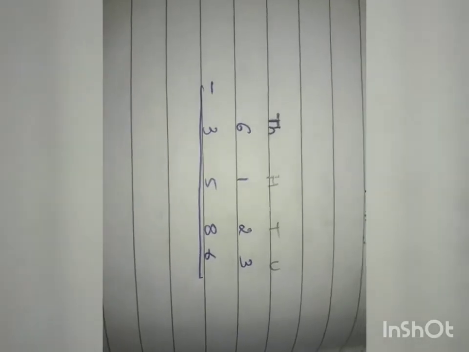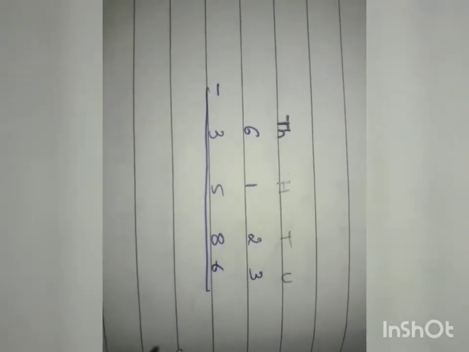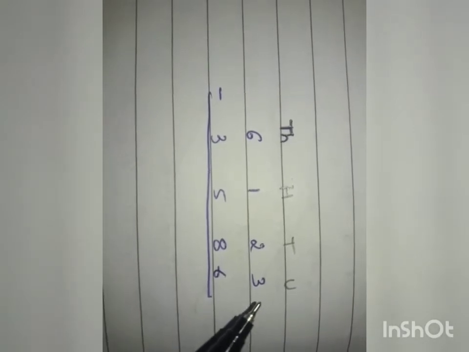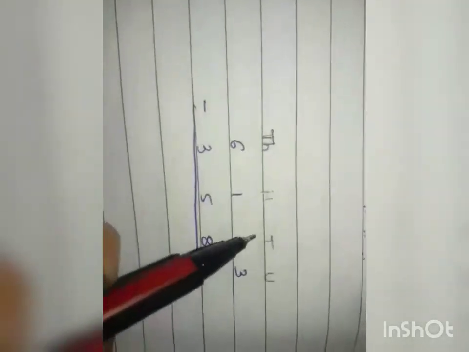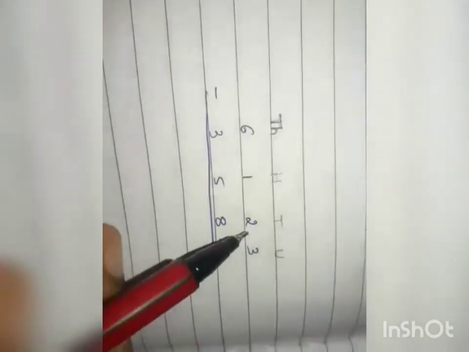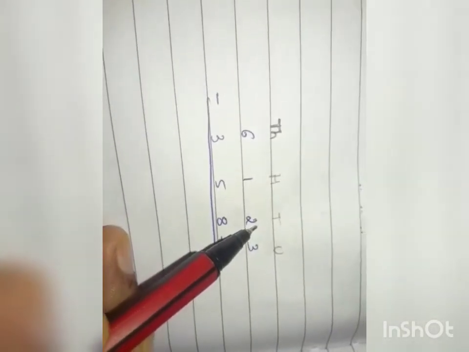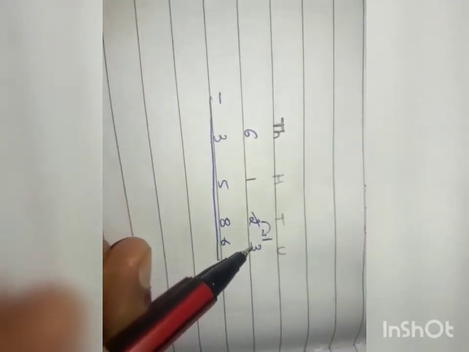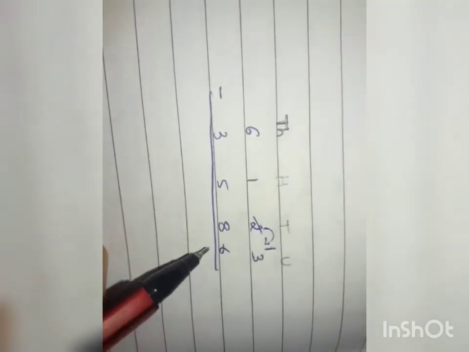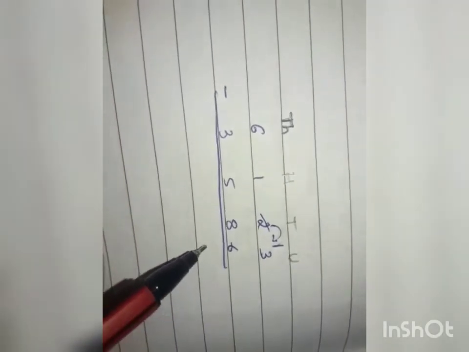I have written the numbers under their place values. So let us go on subtracting them right from the units. As you can see here, the number 3 is smaller than 6. So can I subtract 6 from 3? Can I give 6 chocolates to my friend when I have only 3 chocolates? No, right? So how do we subtract it? To subtract it, we have to borrow 1 from the tens. Okay, so what number do I have in the tens? I have 2. So from here I am taking 1. So what do I get? 13. 1 and 3 will be 13. So 13 minus 6 is how much? 13 minus 6 is 7. So 7 will be our difference.